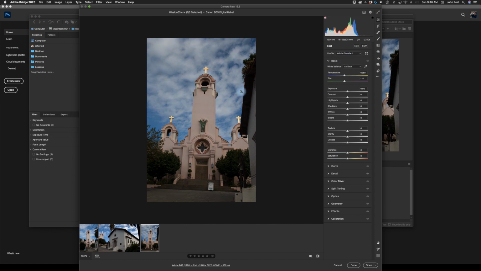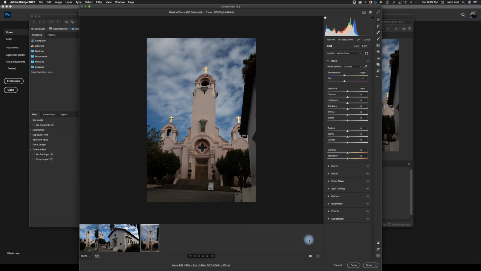Adobe Standard is the general profile, and again, these profiles are laid across the top of the image. The image itself is not messed up in any way so far. Here's Vivid, which just emphasizes all the colors. And then you have Monochrome, which changes to black and white, so that makes it rather easy. And then you have Browse for other functions there. We're just going to go back up to Adobe Color, which is the standard look of the image